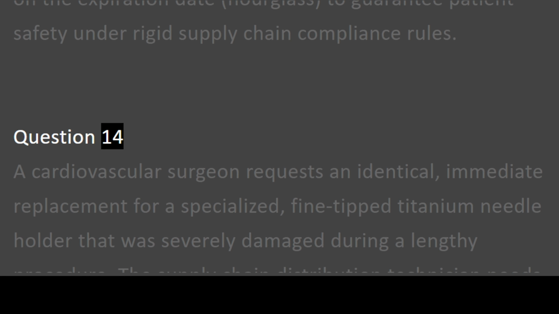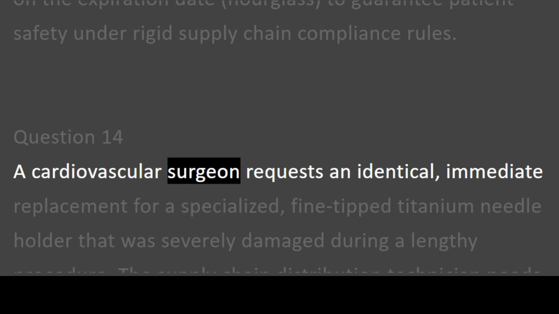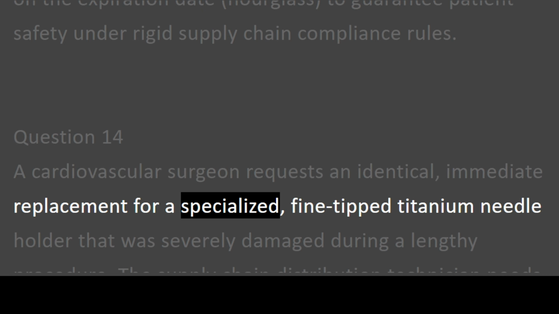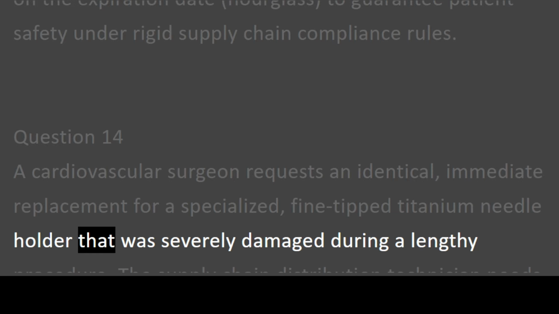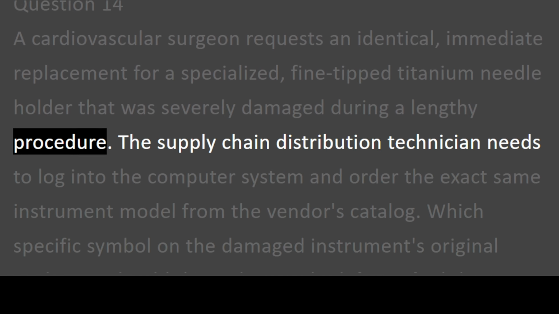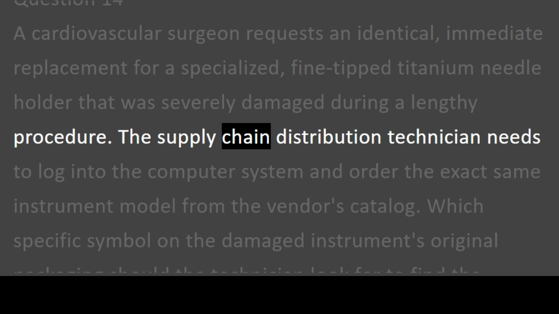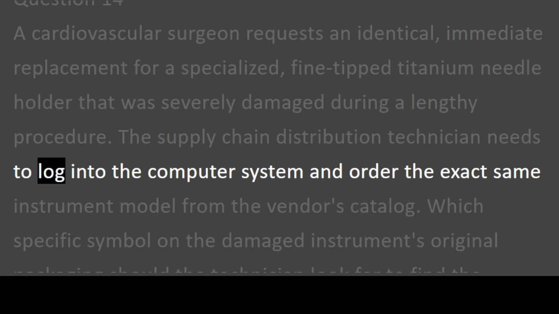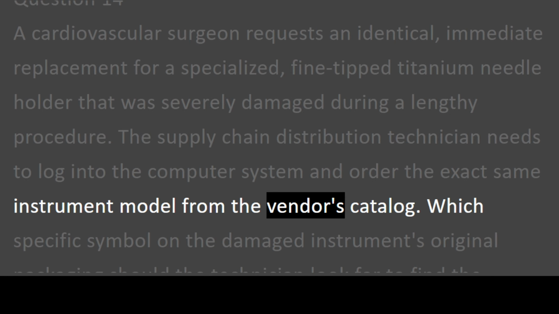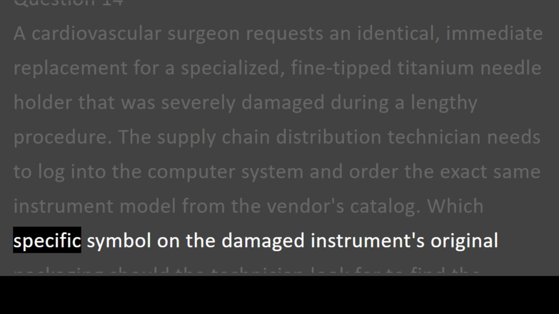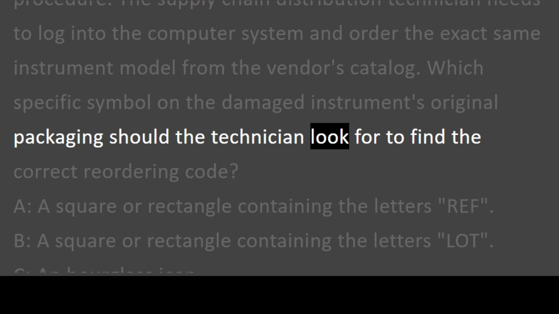Question 14. A cardiovascular surgeon requests an identical, immediate replacement for a specialized, fine-tipped titanium needle holder that was severely damaged during a lengthy procedure. The supply chain distribution technician needs to log into the computer system and order the exact same instrument model from the vendor's catalog. Which specific symbol on the damaged instrument's original packaging should the technician look for to find the